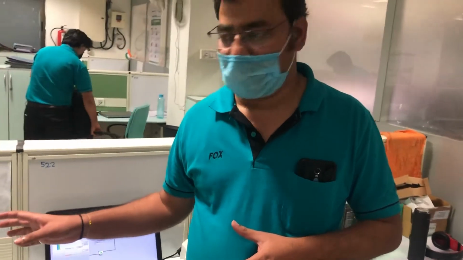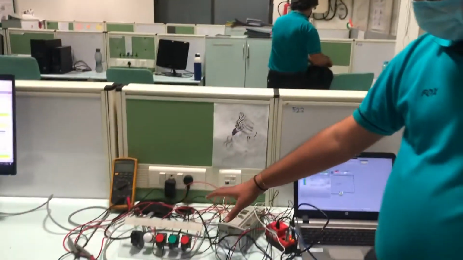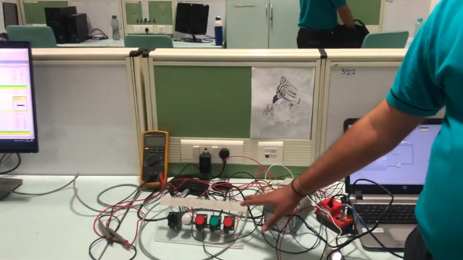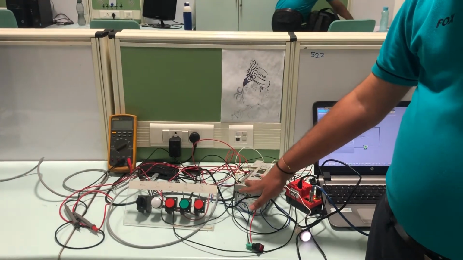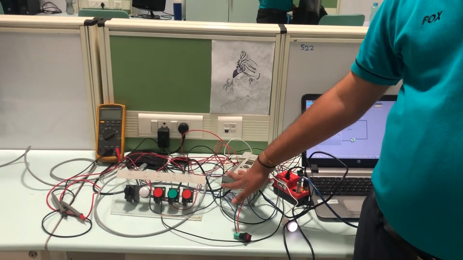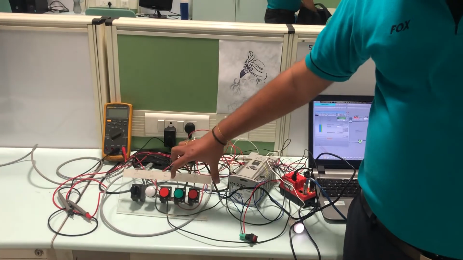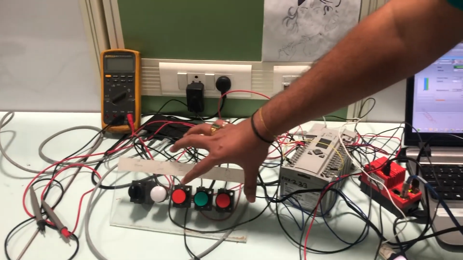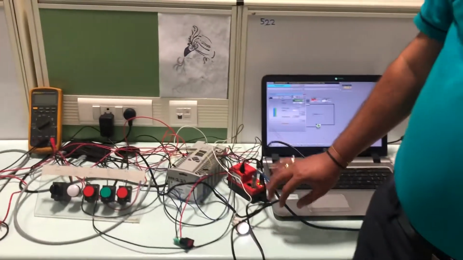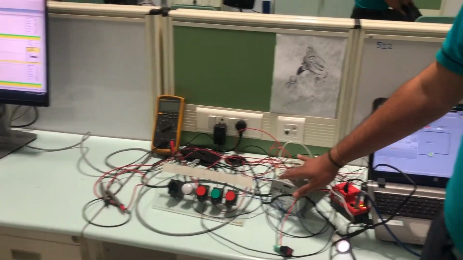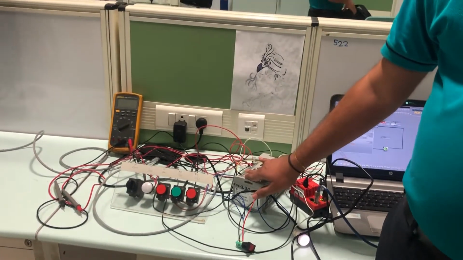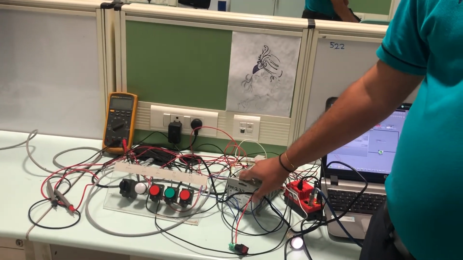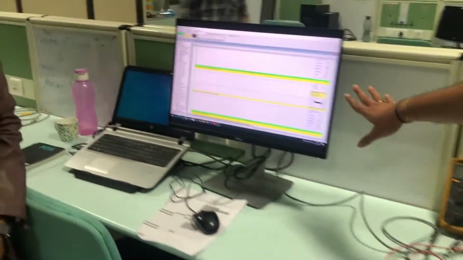So for the digital inputs and digital outputs, which are presently our reactor inputs and outputs, we have demonstrated those by using field devices such as push buttons and lamps. For analog inputs and outputs, since this PLC is not having those functionalities, we have simulated them from the Rockwell software.